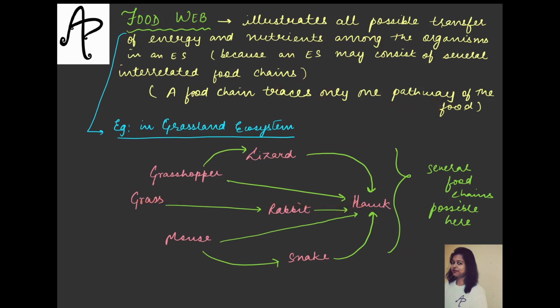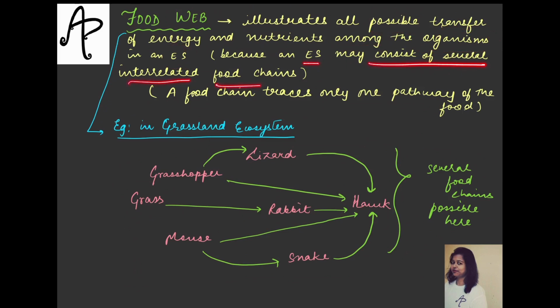Let's say this for example. But when we talk about multiple or complex food chains existing in the ecosystem, interlinked with each other in some manner, then we call that a food web. Web एक जाला जैसे होता है ना. So here it is giving you an idea about all the possible transfers of energy. जितने भी possible transfers हैं energy के भी, nutrients के भी, which can happen among the organisms in an ecosystem. Okay, so all the possible transfers is what is being talked about,